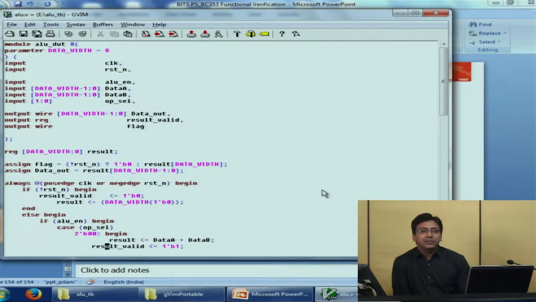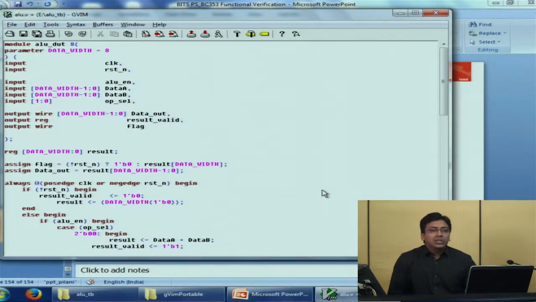That is, even in future if we want to verify it on a bigger number of input operands or on a smaller number of input operands, it can be done. Let's say in future we want to make data A and data B 4-bit inputs. In that case we would not need to change the data width value everywhere. In all of the code we just need to pass the parameter as data width equal to 4. Everything will be taken care of internally.